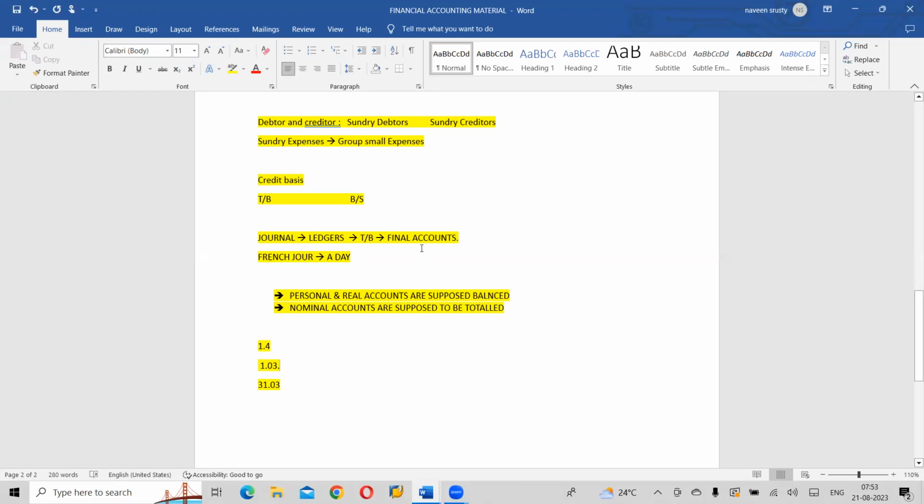They can prepare their profit and loss account without a trial balance. But why is the trial balance needed? It's not mandatory in books of accounts. Again, I'm telling you, trial balance is not mandatory, but business will prepare this particular tool. Why? Because whatever ledger balances we have done, whatever ledger totals we have done, we will put in this sheet.